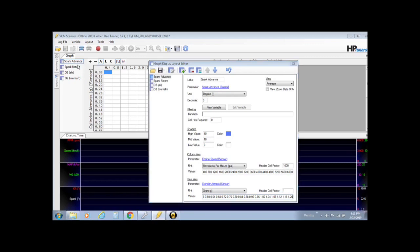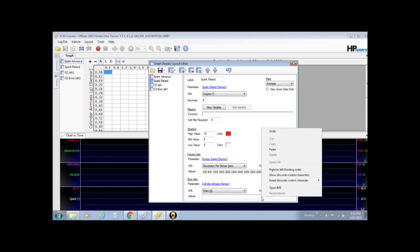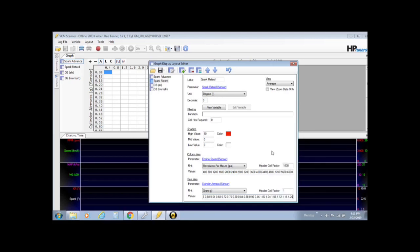Now we need spark retard. Now in here, you change it back over into here, same deal. The row axis does not match up, so once again down the row axis, you've already got it copied, so it's just a matter of deleting it and pasting it as well, and paste. Okay,